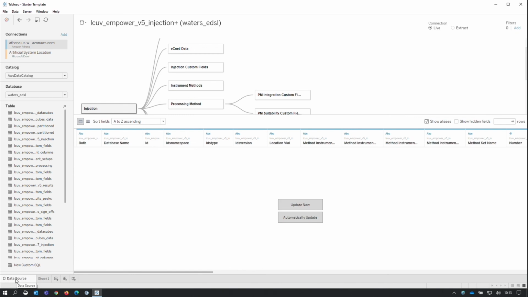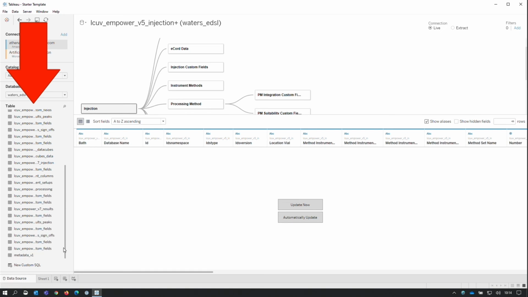From here, you can see that I'm connected to the Amazon Athena Data Lake, Data Catalog, and my EDSL database. The table section shows the aggregation of information contained in EDSL in a format that we can easily make use of in the data viz tool of our choice. This is the power of EDSL. These are the cans of paint. To help this all make sense, let's go through the process of creating a viz.